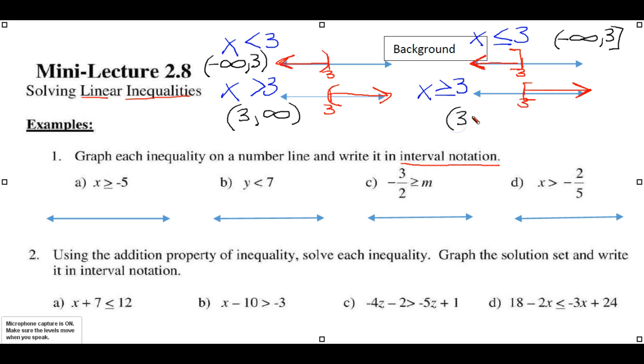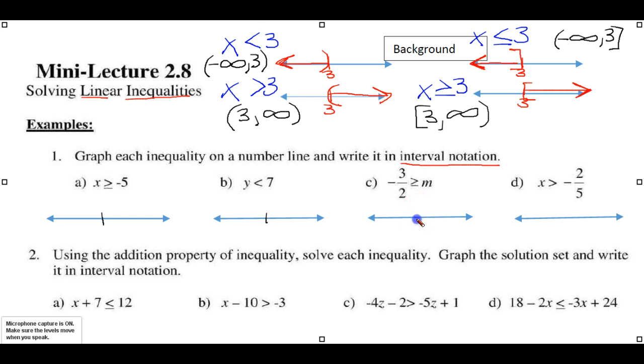And this one is similar. 3, and again, our 3 has to be with a bracket. I wasn't looking at my graph here. 3 is included, so we have a bracket, and this goes to infinity. Infinity always has a parenthesis. So we've done each of these in a graph and interval notation. So wherever you want to put these,